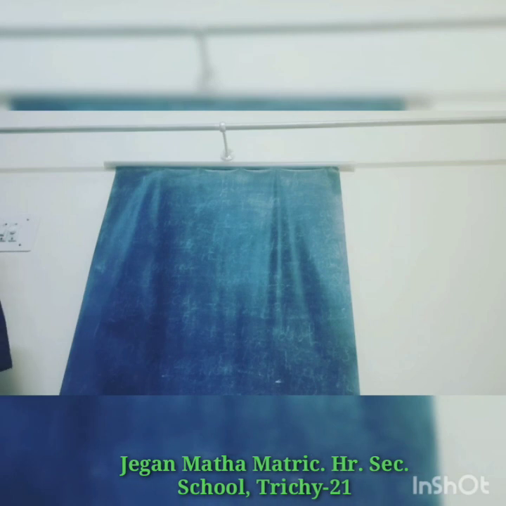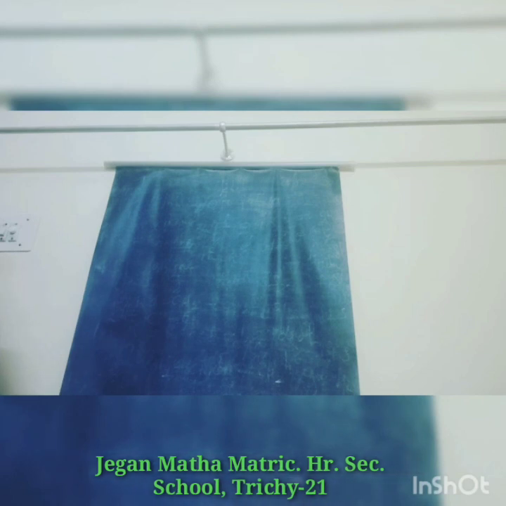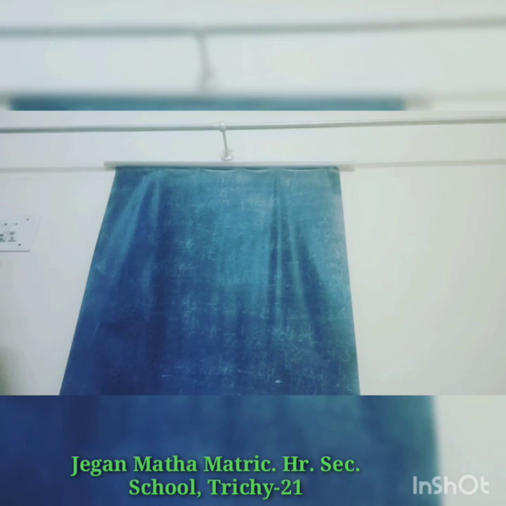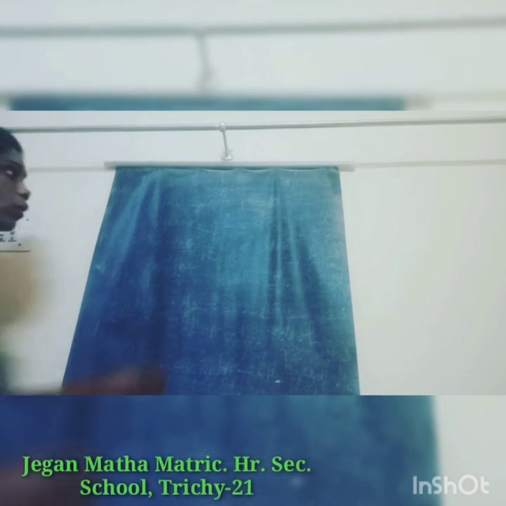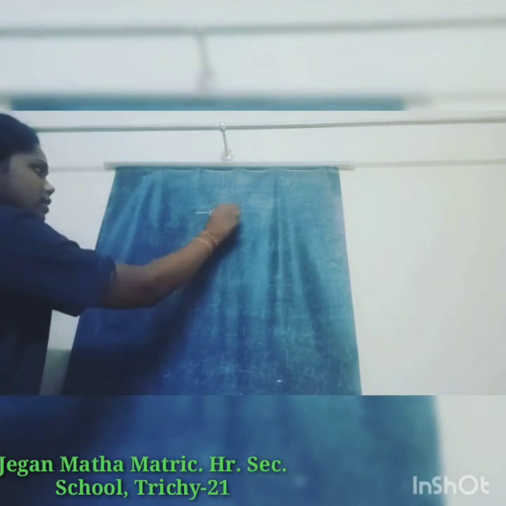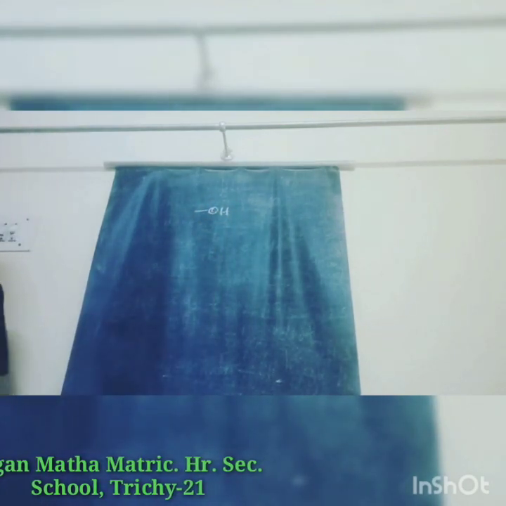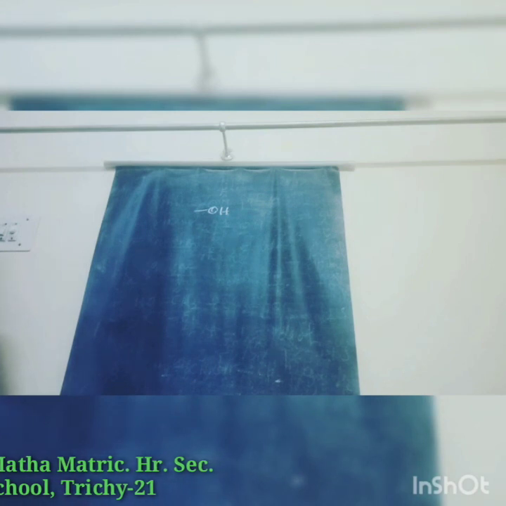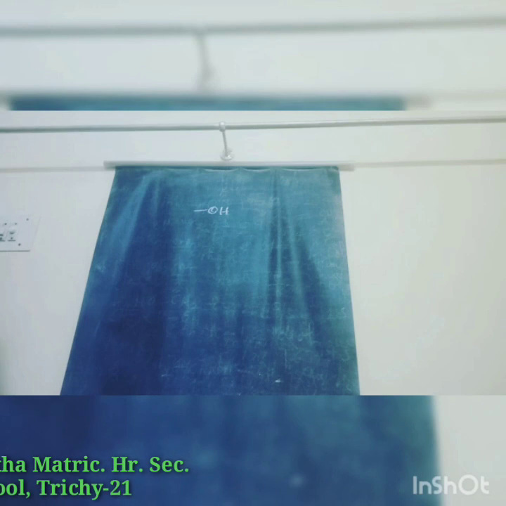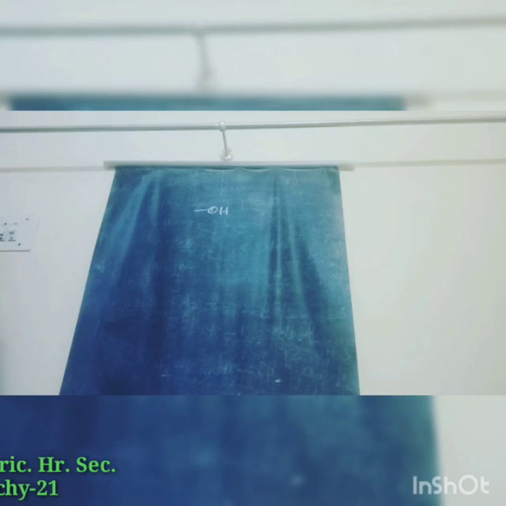The first one is select the longest continuous chain of carbon atoms, so that is the root word containing the functional group. The alcohol functional group is OH. Number the carbon atoms in the chain so that the carbon bearing the OH group has the lowest possible number. The third step, name the substituent, if any. And the fourth one, write the name of the alcohol as below.